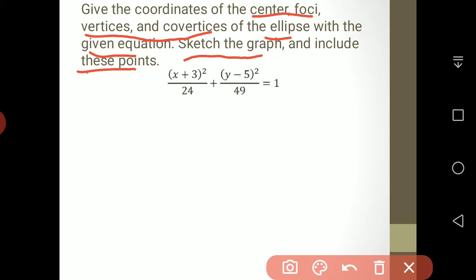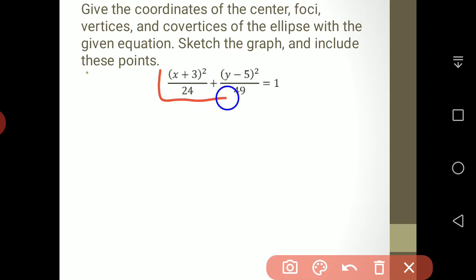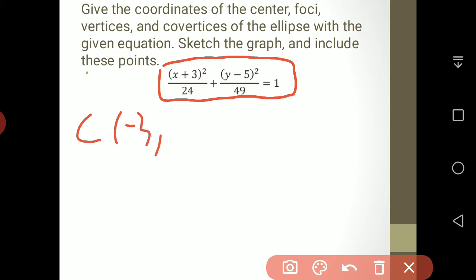For this type of problem, we need to be assured that the equation that we have is in its standard form. Is it in its standard form? Almost, since the denominators are not expressed in their power forms, so it's almost in standard form. However, we can already extract some information from it, including the center. So the location of the center is found at -3, +5,